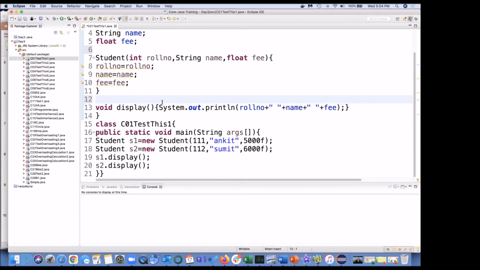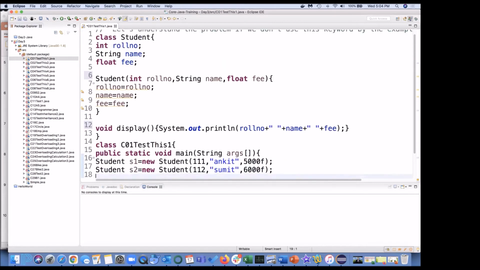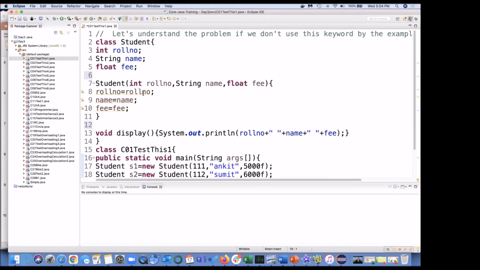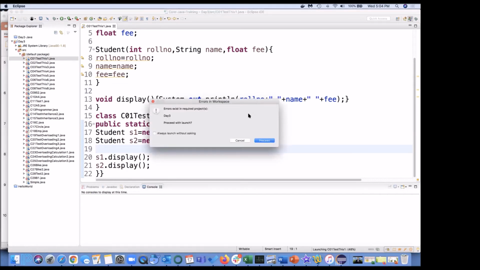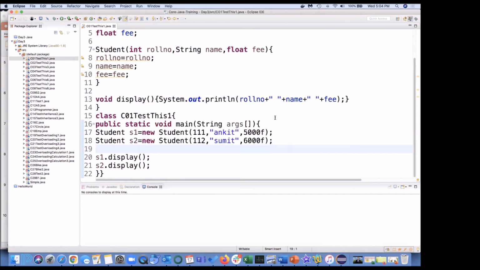this should call. Okay, but we have not written any this here. What I am saying is roll number equal to roll number, name equal to name, fee equal to fee. And then at least our Eclipse is telling us that this assignment to variable roll number has no effect. Means there is no use of writing this statement itself. If I am going to execute, okay, any guess, what is the outcome we are going to get?